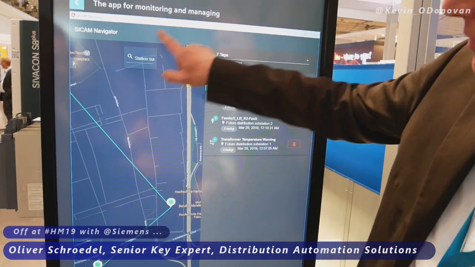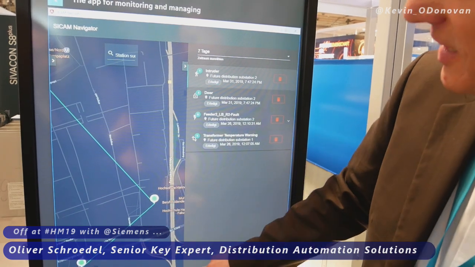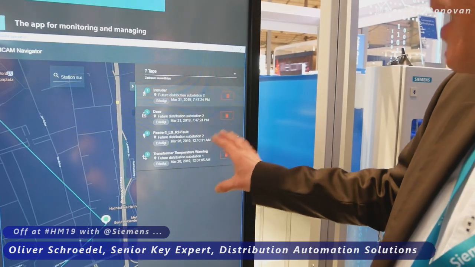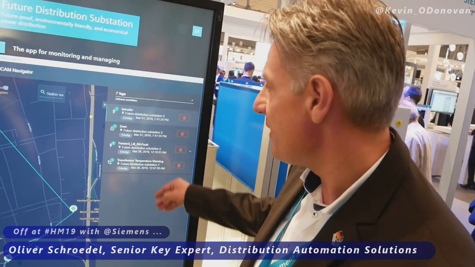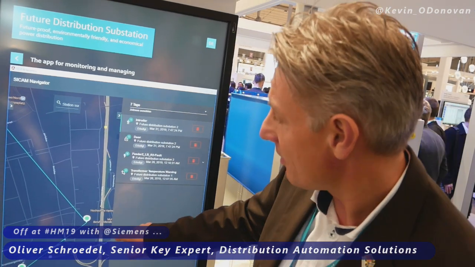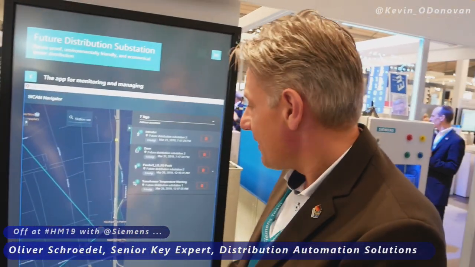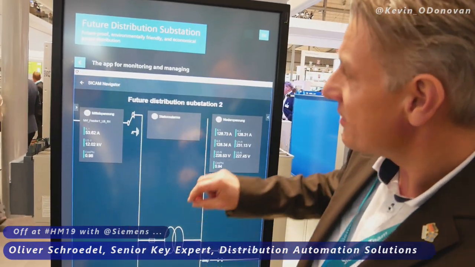So you see here, we are here at Hannover Fair, and you see the message Schnellweg, and that is our station here. And now I can get some information about the station. That means, okay, what was happening in the station, about intruders, door open, feeder levels, transformer warnings and so on. So it's not just the electrical grid equipment, you're getting sensor data from anything else that's connected. Exactly, everything that is connected goes here to this station,